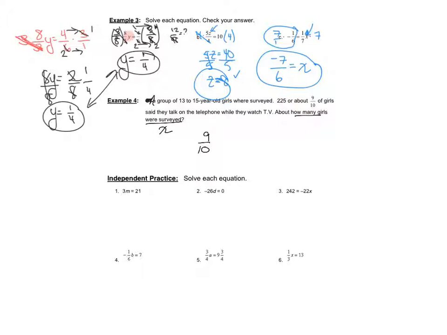So 9/10 of the girls, x, equals 225. Okay, from there, we can solve. So we have two options. We can eliminate the fraction right away by multiplying both sides by 10, or we can multiply by the reciprocal, which would be 10/9, the flip of 9/10. So we can multiply both sides by 10/9, and x equals,